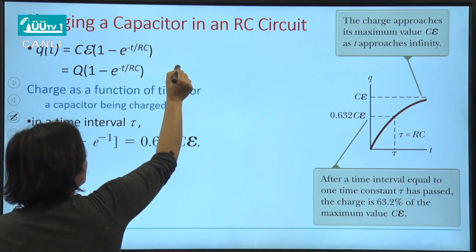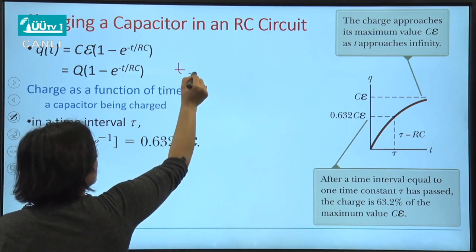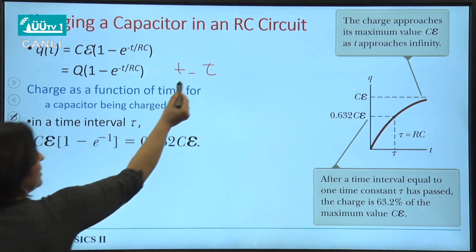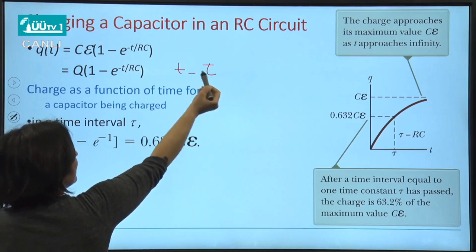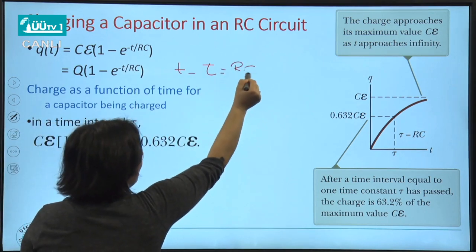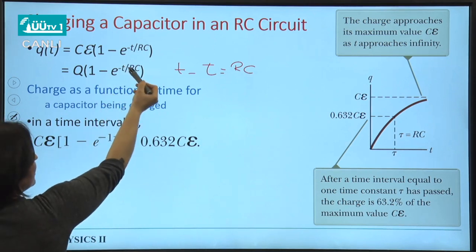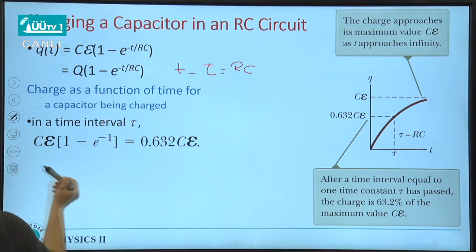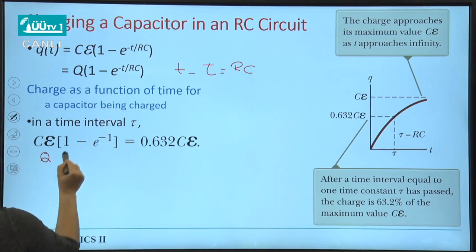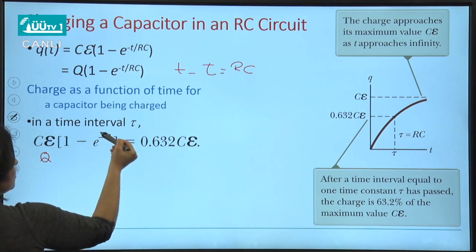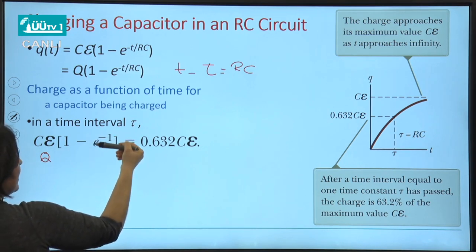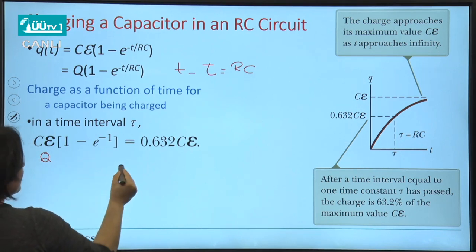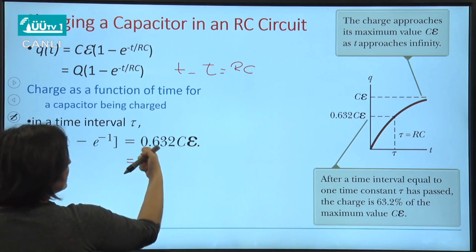After time t, if t equals tau, I can write t as RC. So RC over RC will be 1, and this equation becomes q equals maximum charge times 1 minus e to the minus 1. If you calculate it with your calculator, you will find this number